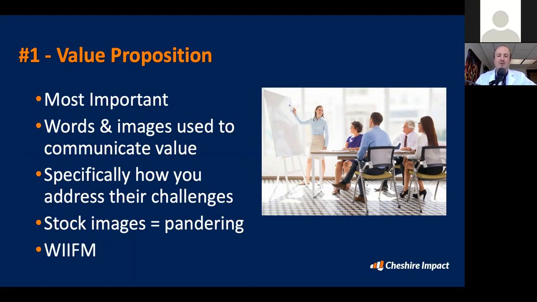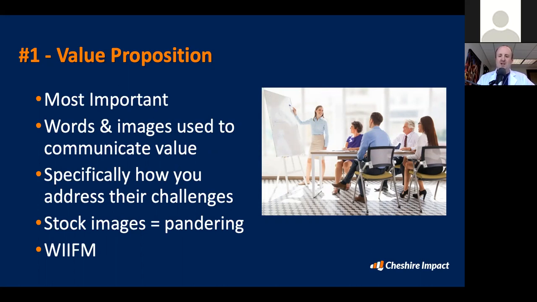But plain and simple, they are pandering to your audience. So whenever you can, eliminate those. It's actually better to not use those. And we'll talk about some images you could use instead of that. But do not do that. It basically can erase or distract from the value you're trying to communicate. So do not do that. Finally,